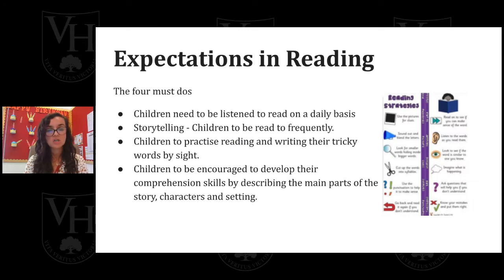So the expectations in reading. We have 4 must-dos within FS2. The first one is children need to be listened to read on a daily basis. So as we say, try and read with your child every single day. Storytelling. The children also need to be read to frequently. So in school, we always have a story at the end of the day. And I imagine most of you have a story at bedtime, which is really, really good for the children to develop their imagination skills. And then we are also asking that children practice reading and writing their tricky words